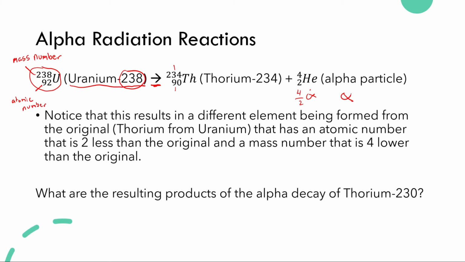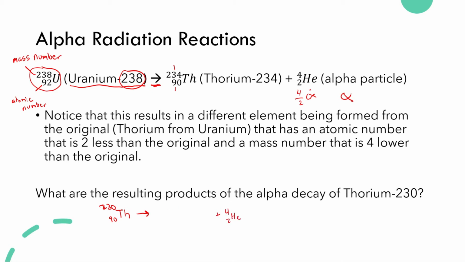So this question asks us, what are the resulting products of the alpha decay of thorium-230? So first things first, we can write out our thorium-230 here. Thorium-230. And from up here, we know that thorium is a 90. And that is going to decay to something here and our alpha particle, 4, 2,